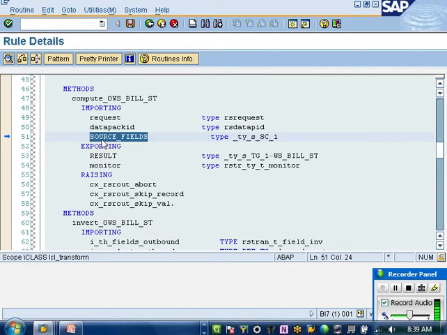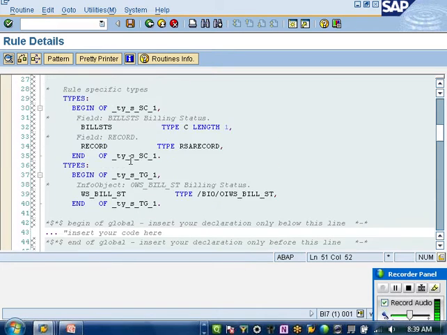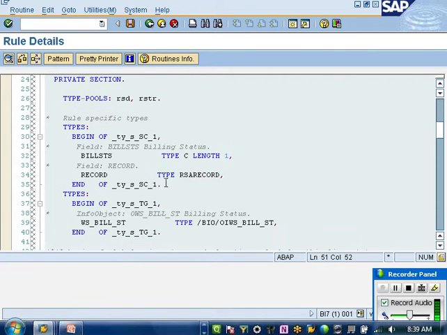You will have something called source underscore fields, which is already defined in the code of this type. What is underscore POS underscore SC1? Remove this S underscore SC1 and go to the top.